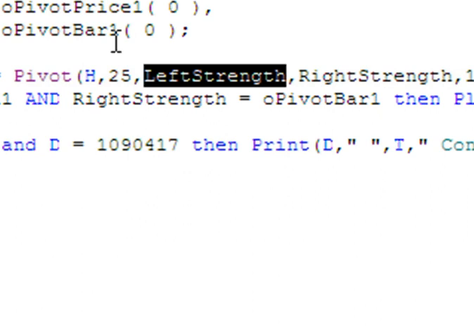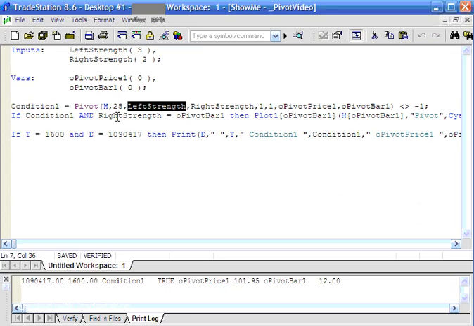Now bear in mind that we're never going to know that a pivot has occurred on a specific bar when we're at that bar, because we don't know what the next bar is going to do. So we have to set a certain amount of right strength, and the soonest we're going to know, based on a right strength of 2, that a pivot has occurred is when the function tells us a pivot occurred 2 bars ago, in other words equal to our right strength in this case. And when that happens we then plot